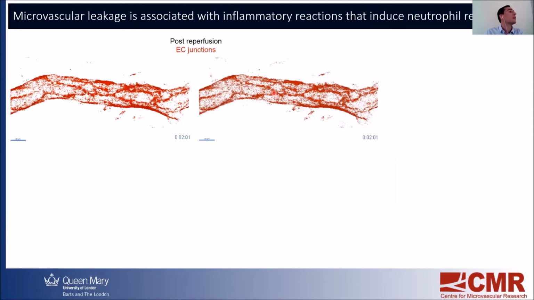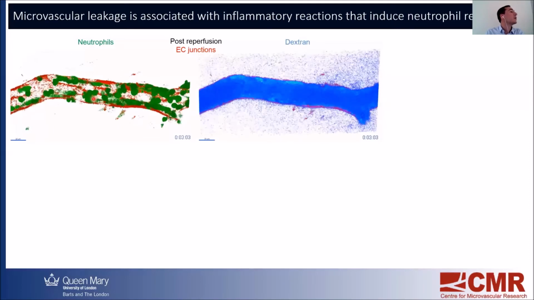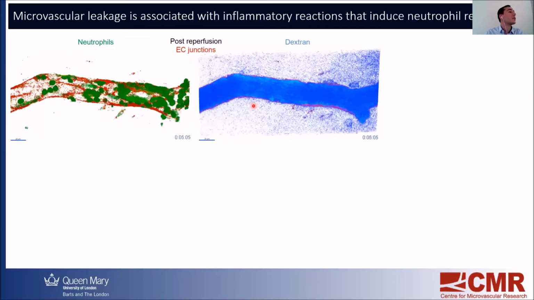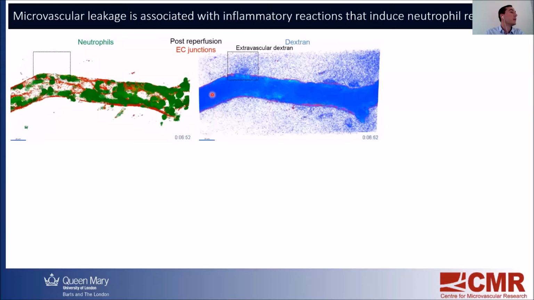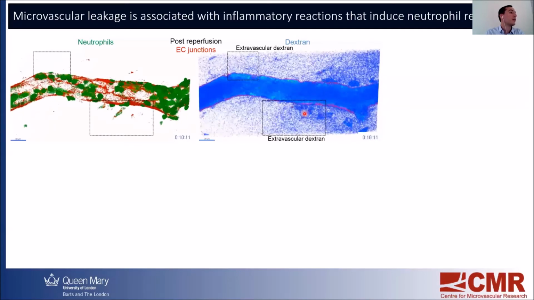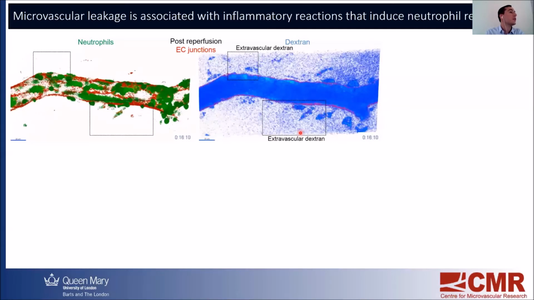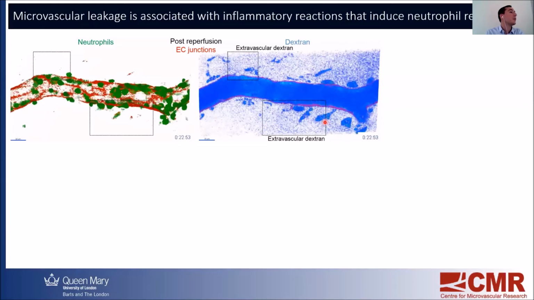We injected 75 kilodalton dextran IV. You will see in this video a post-capillary venule of the cremaster muscle post-IR injury. In the reperfusion period, you can see the neutrophils here on the left side, but they are going to migrate through the blood vessels, and the dextran here injected IV. Very rapidly post-reperfusion, you can see the dextran accumulating into the interstitial tissue, and it's slowly captured by perivascular